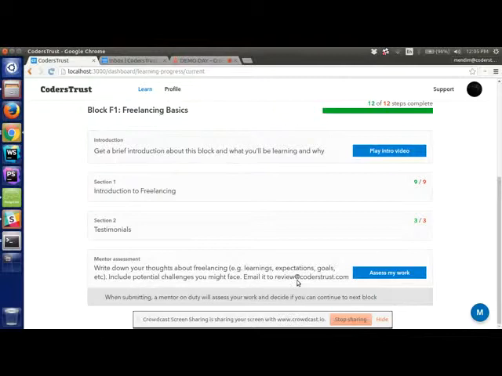So the student clicks assess my work. It opens a conversation to the right team that is on call, on duty at that time. And then you can imagine the mentor says, okay, great. Did you send it to review.CodersTrust.com? Yes. Okay, perfect. Let me go in and check it. And then the student holds on, just like if you called support for your internet company and you had a problem with your internet, right? Then you hold on on your phone until they fix it or come back with an answer.